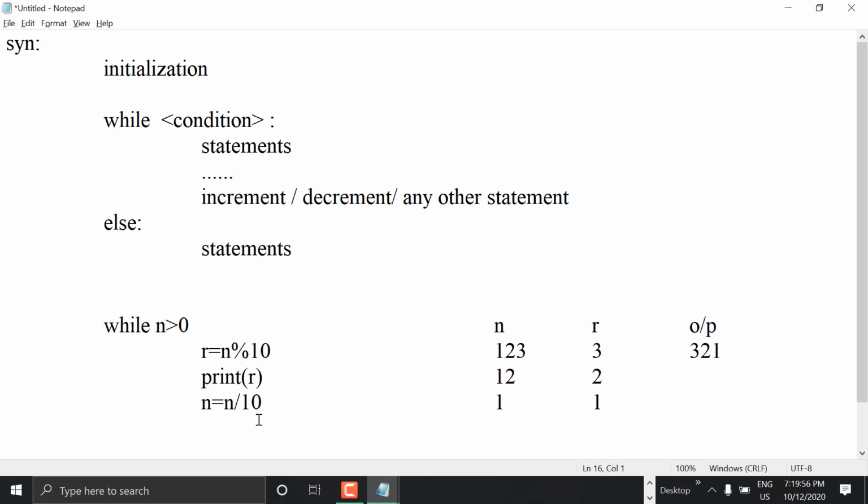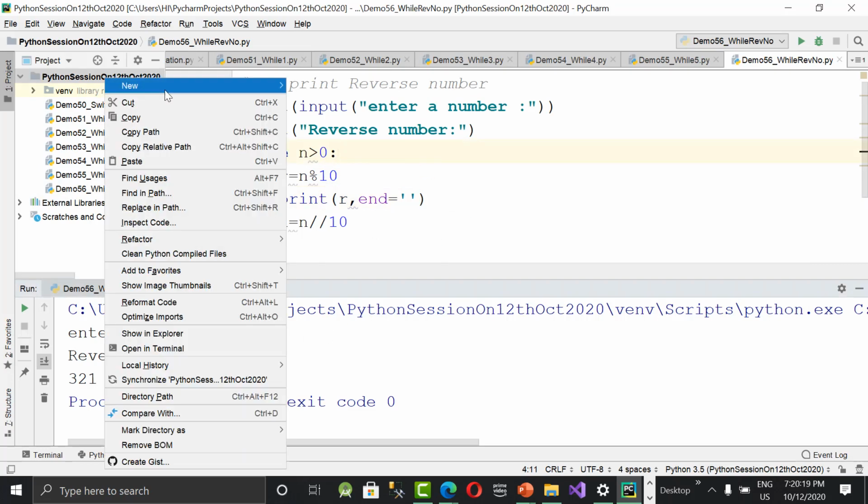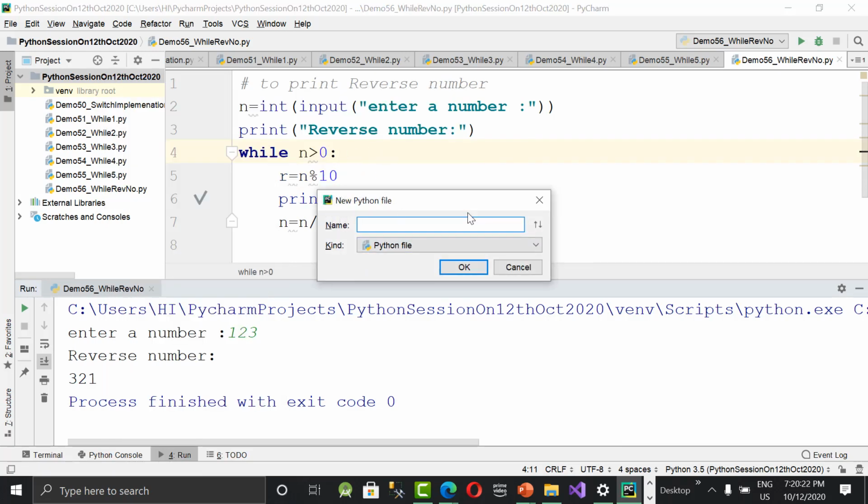Go for the next example. This is reverse number. Now let's do the sum of digits. Is it clear? Just write on paper my n value, r value, sum value like that. Check it out. If you don't understand, let me know so that next time I'll try to explain on the board, and I'll post a video on all these examples later one by one. Sum of digits means what to do? Same logic again. Just copy paste this code.